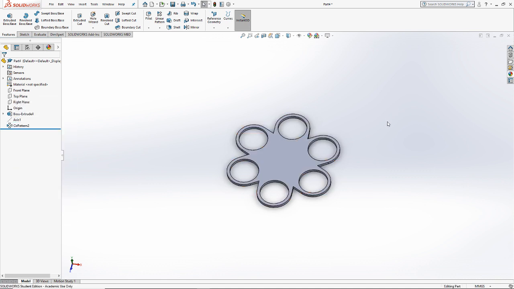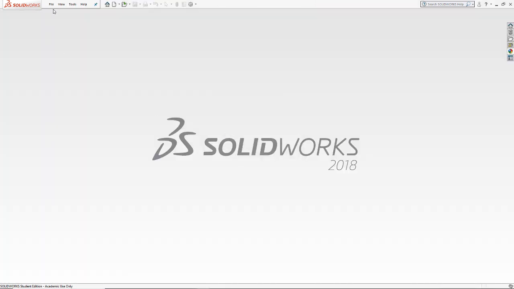The reason that I drew so much attention to trying to figure out how to pattern that in 3D space is because SolidWorks treats two-dimensional patterns and three-dimensional patterns differently. The same way that it treats two-dimensional fillets and three-dimensional fillets differently. So we just talked about the feature that exists within the 3D space. If you're creating a two-dimensional pattern,